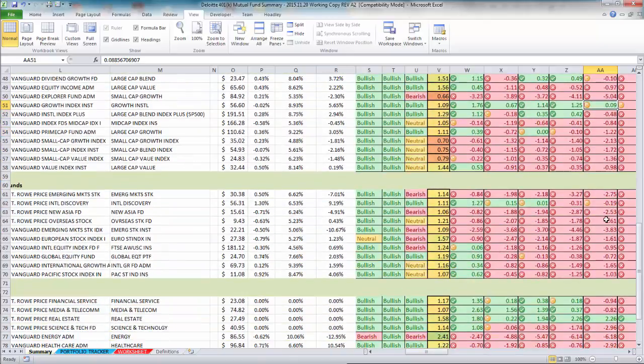Here we have the international funds, and we're just starting to see the similar situation where we have lots of green on the short term and the intermediate trends, and we're starting to see some green in the long-term trends. The other thing that we're seeing in the trend scores is some strengthening. This is the first week for these bottom 4 funds to show some strengthening,